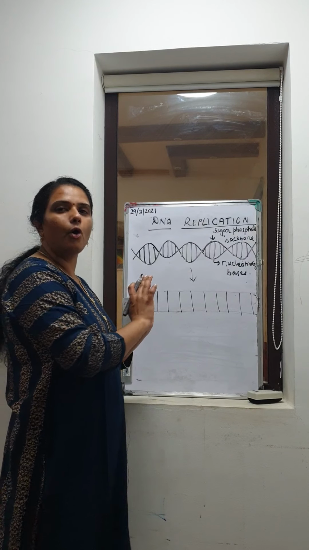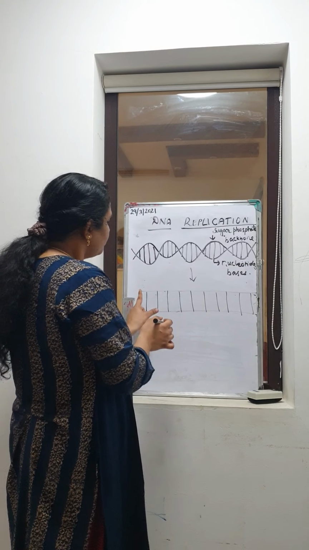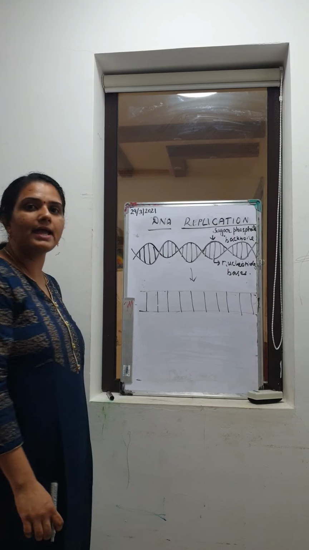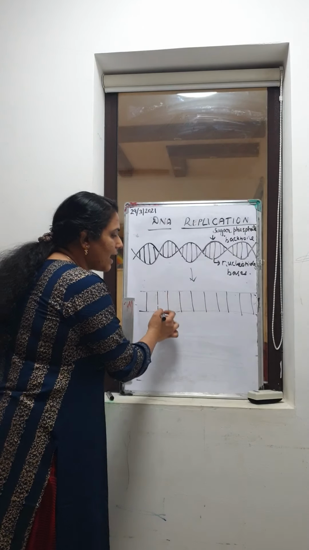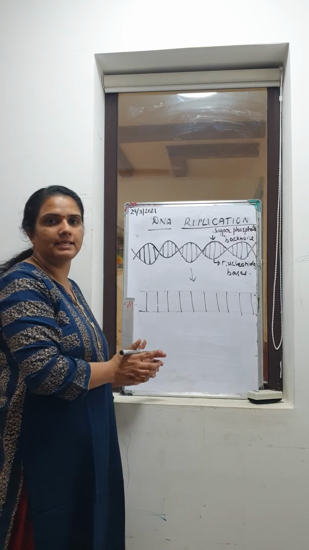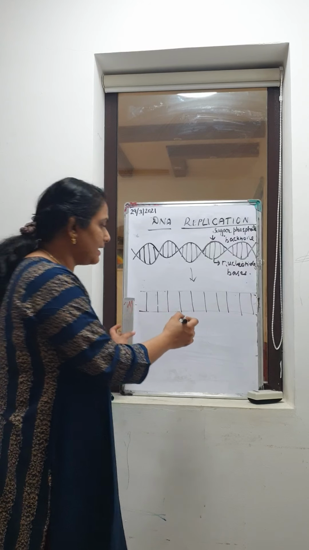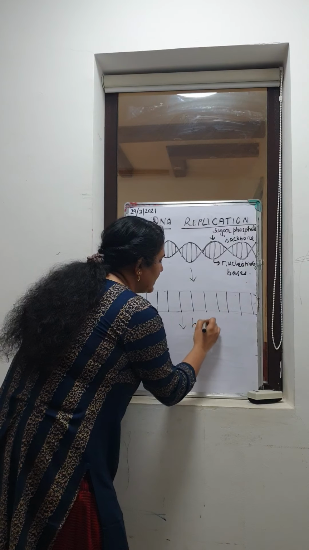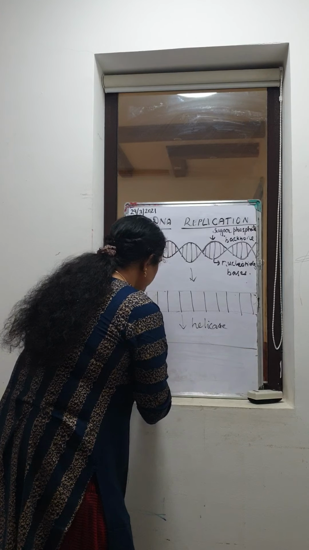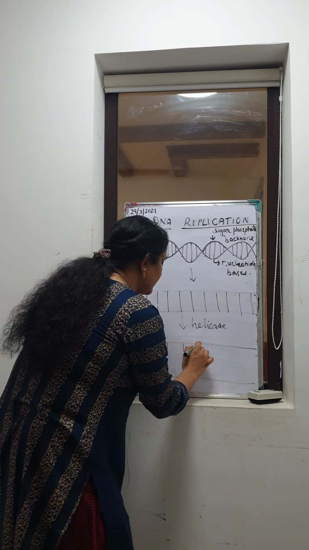Now I am going to give you an overview of how DNA replication is made. First of all, you can see two strands over here. These two lines are the two strands of the DNA molecule. These two strands are unwound by means of an enzyme. The enzyme name is helicase. Helicase is responsible for the unwinding of the strands of the DNA. By means of helicase, the strands are unwound like this. So, the base pairs will be hanging like this.